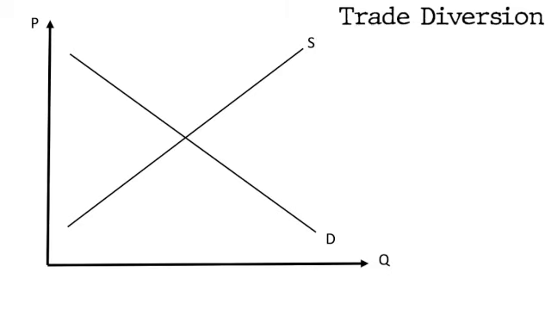So, when we've got a situation of trade diversion, imagine this is, for example, the UK before they left the EU. And let's imagine that they're considering a certain product which they're quite import reliant on, and they want to buy it to obviously help their economy. And at the moment, if they were to domestically produce it, they're probably quite inefficient, and therefore they've got an option. Do they buy it from within the EU? Or do they buy it from outside of the European Union? But because it's outside the European Union, there will be an external tariff.